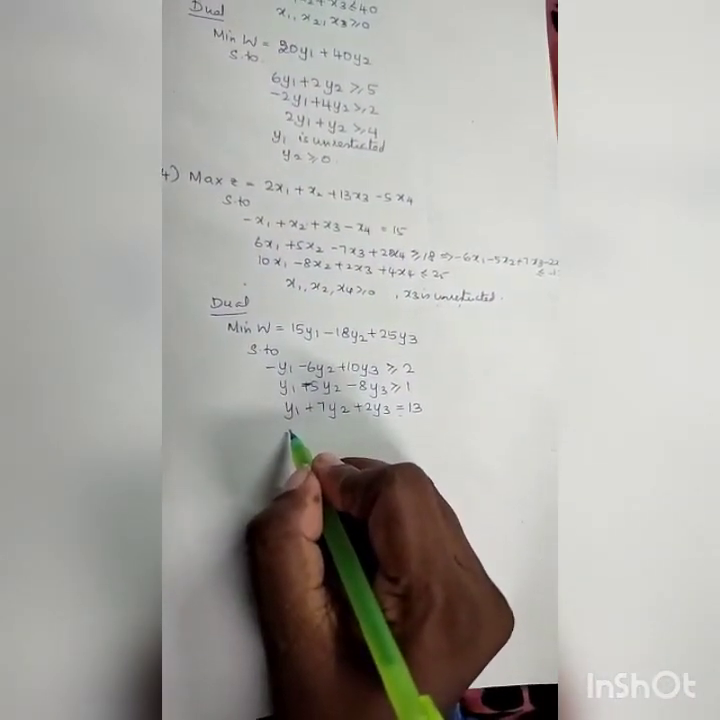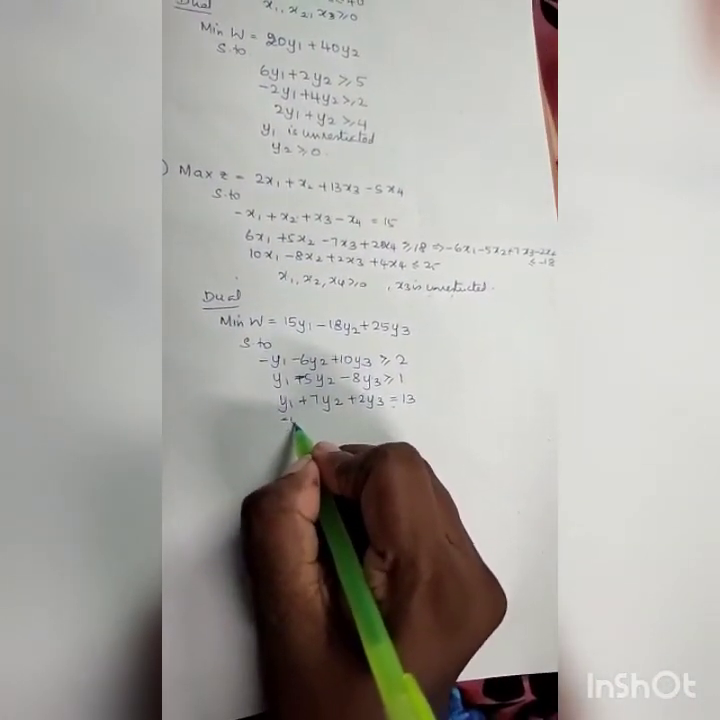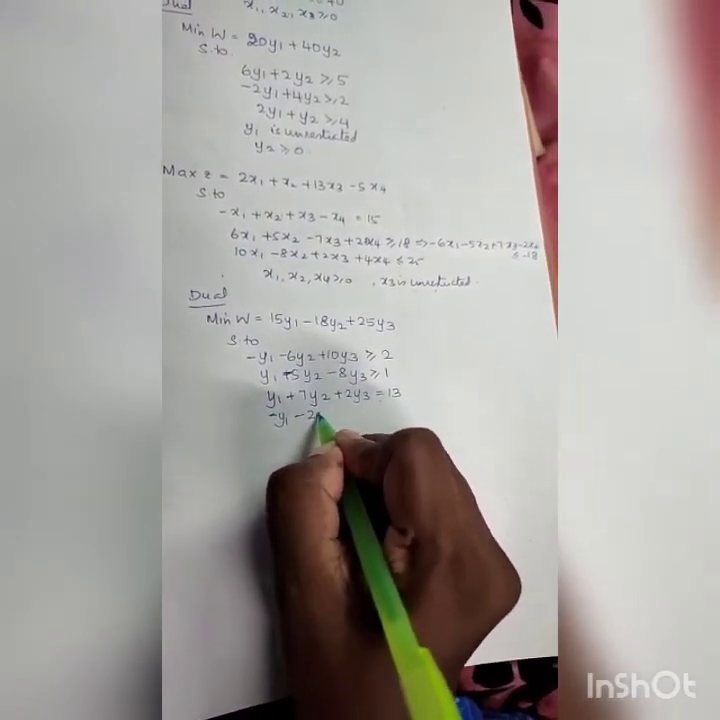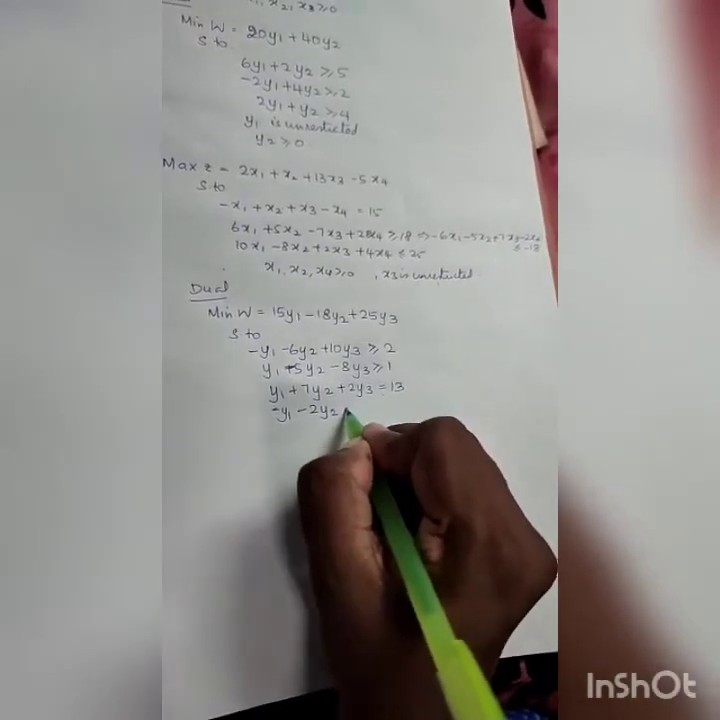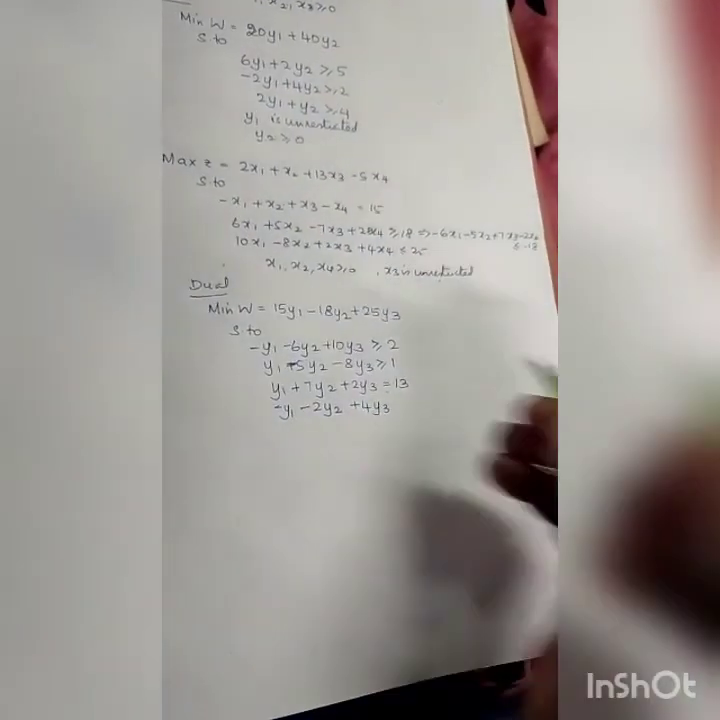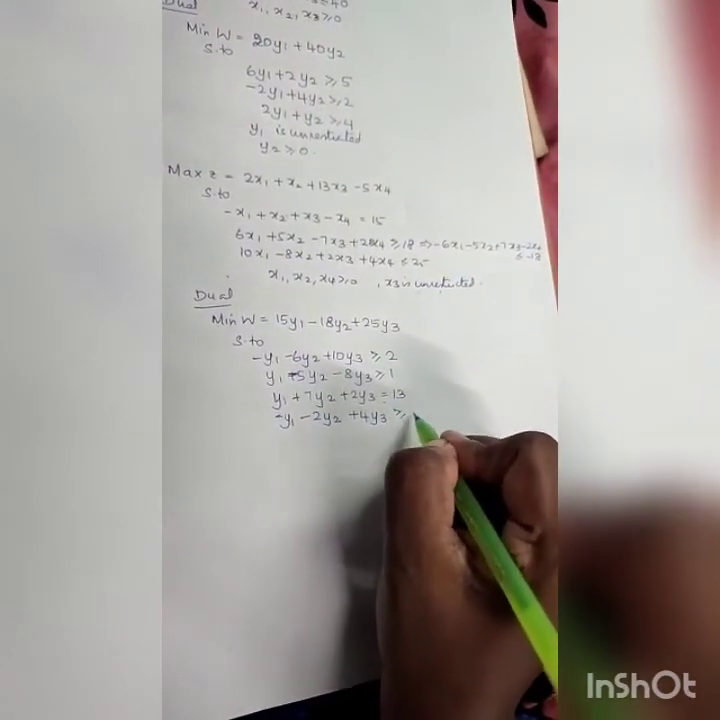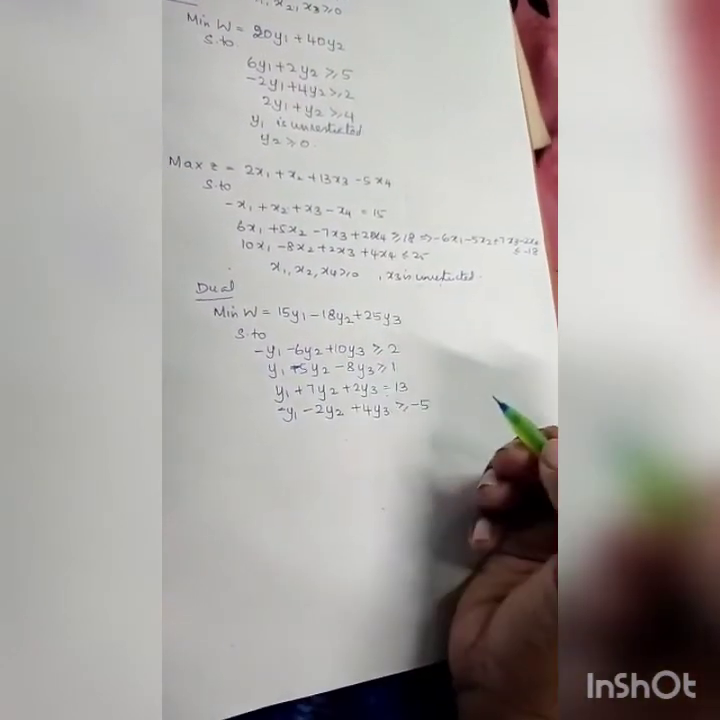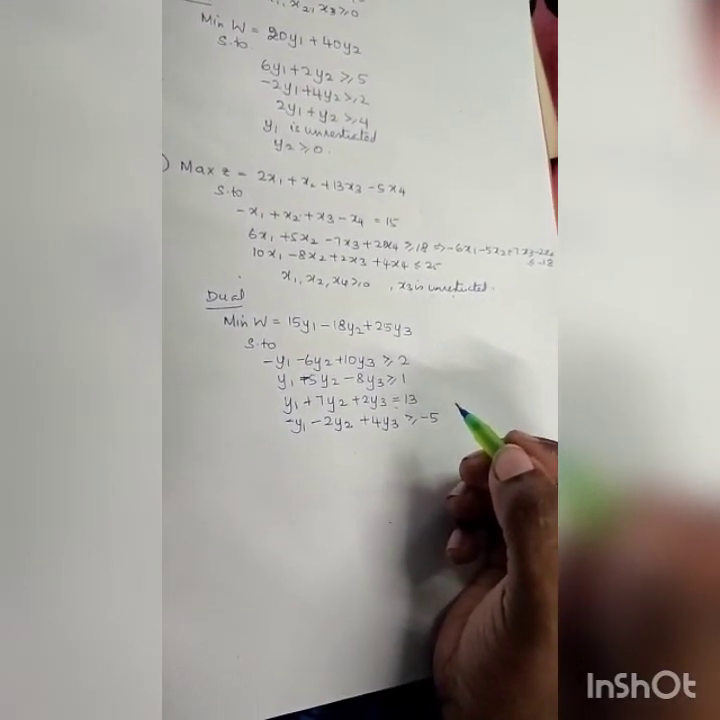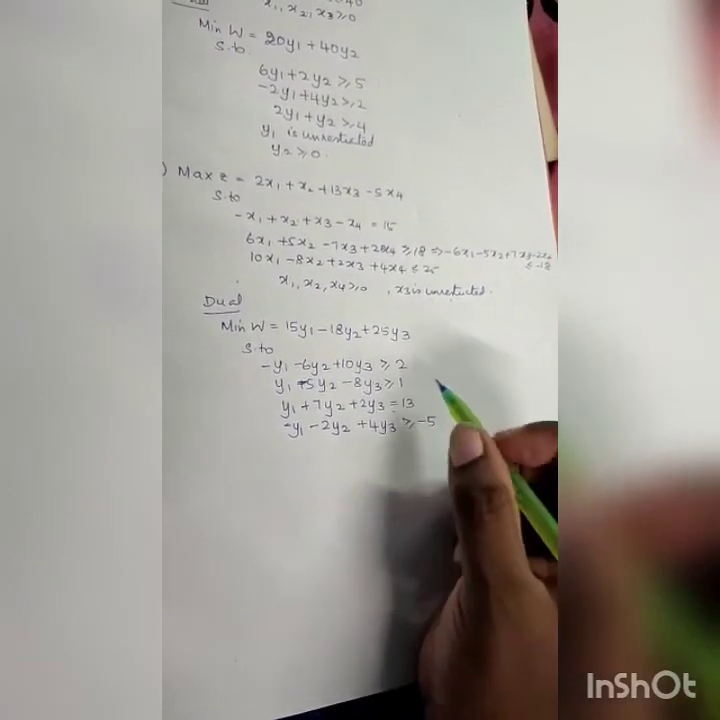Third one will be minus y1, fourth constraint, minus 2y2 plus 4y3 greater than or equal to minus 5. Okay. So here if you notice, this is my